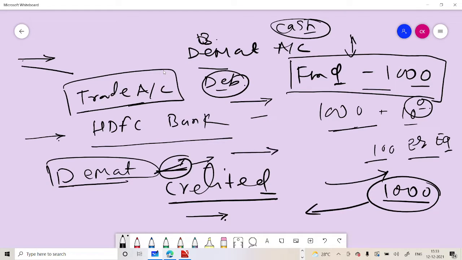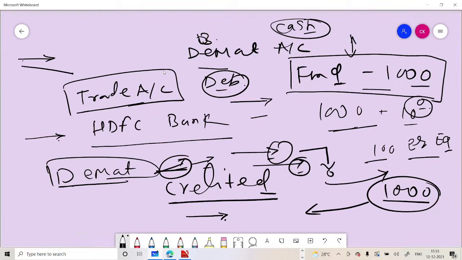Correct? Once you purchase, it means जब भी आप कभी सेल तो करोगे ही ना, द परचेस माइनस सेल्स प्राइस, जब ये करोगे फंडा तो आपका